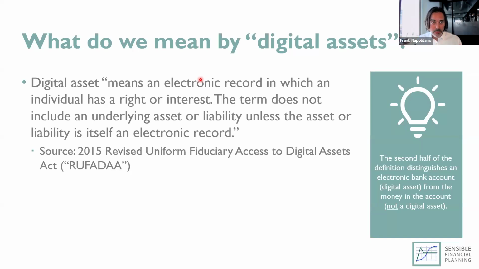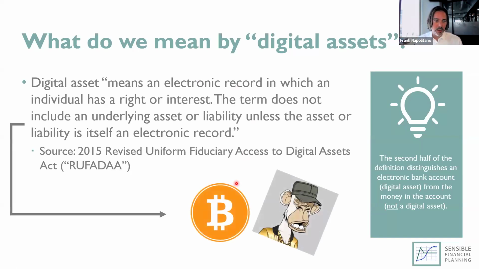What does it include? An asset or liability where the asset or liability is itself an electronic record. We're talking about things that are digital assets with monetary value. And so I have two examples here. One is Bitcoin, or we can think about cryptocurrencies more broadly, right? So where the access token lets you access this record, and the record is itself an asset. It's a Bitcoin. It's some sort of cryptocurrency. And the other example I have here,